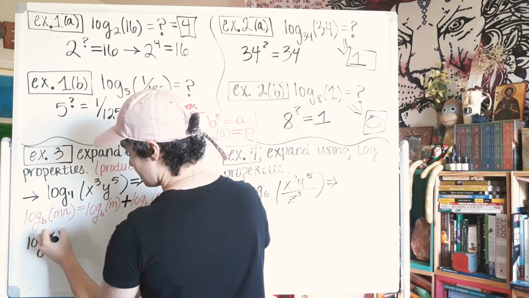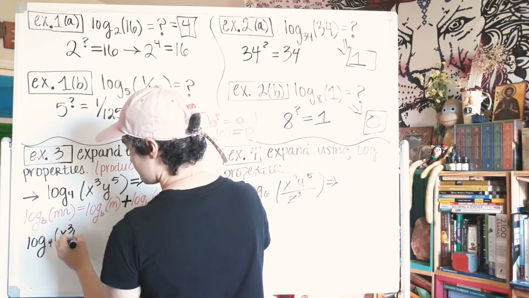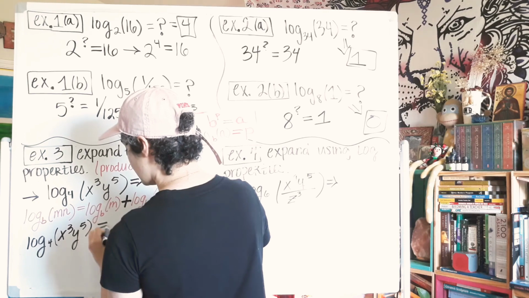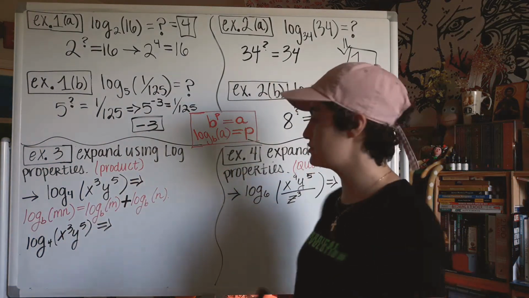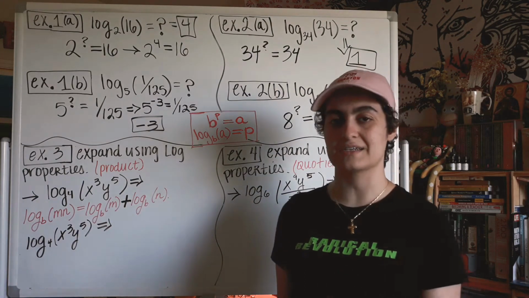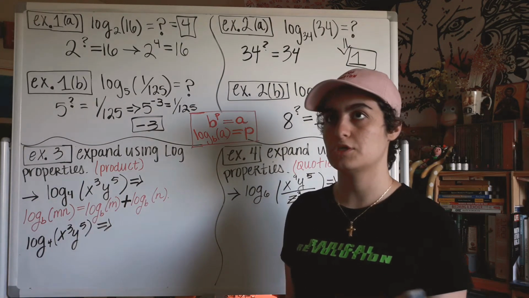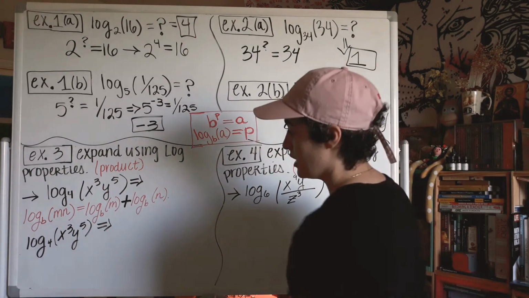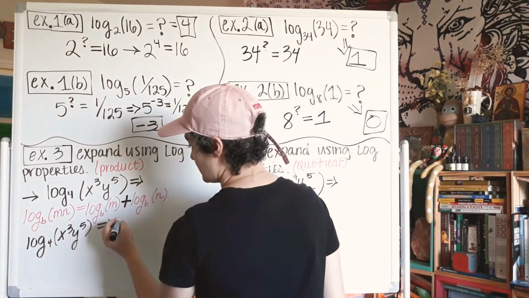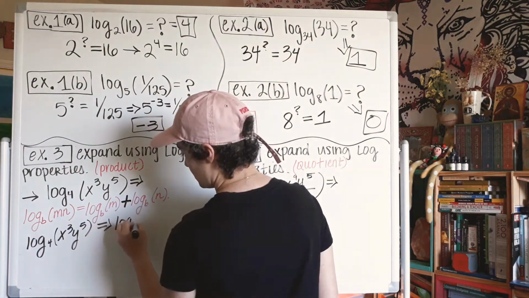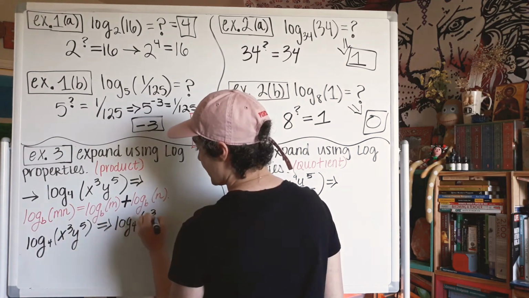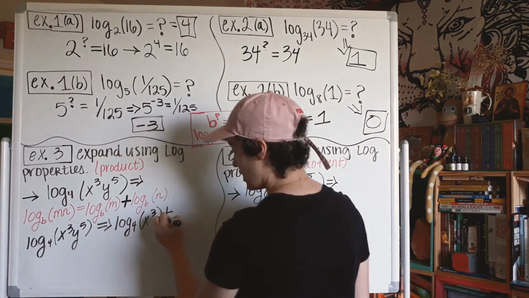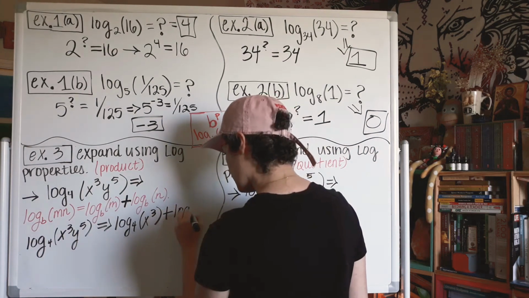Log 4 x3 y5 is equivalent to, we're just flexing our muscles right now. We haven't really done any actual simplifying or anything like that. So I'm going to rewrite this. So that's log 4 x cubed, I like parentheses, plus log 4